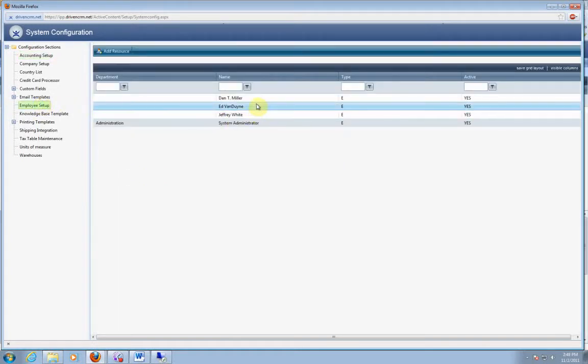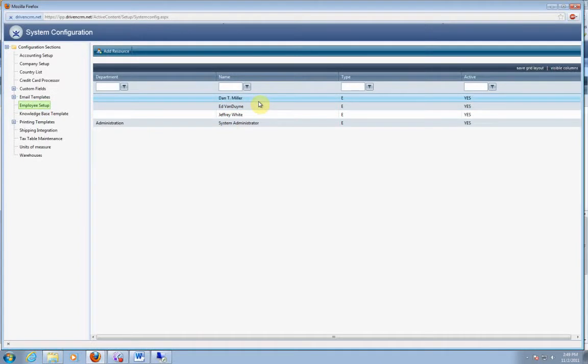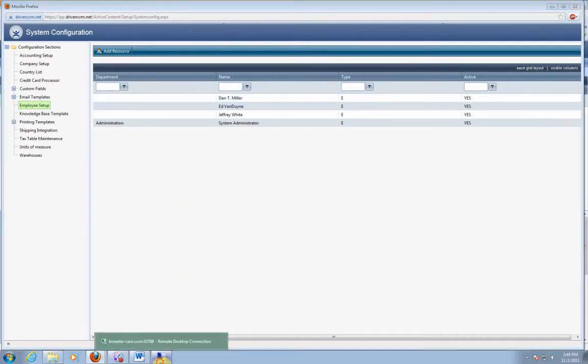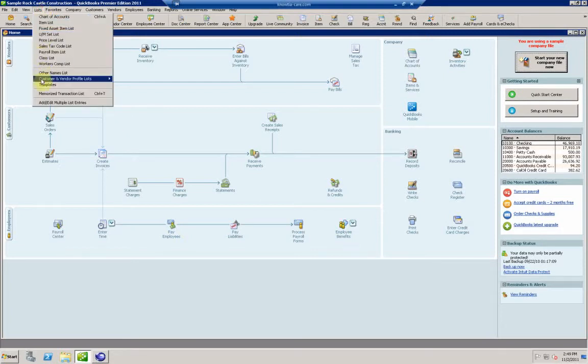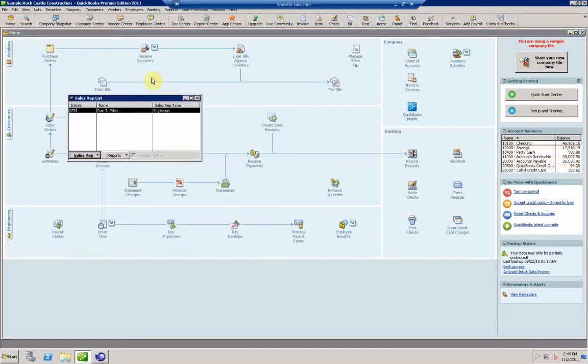One of the pieces of information that comes in is employee information. This comes from the QuickBooks Sales Rep List. In QuickBooks, you will notice here in the list there is an option to see the Sales Rep List. These are the only kind of employees that synchronize into Driven from QuickBooks. Dan is the only one in the list here, so he is the only employee that has come into Driven